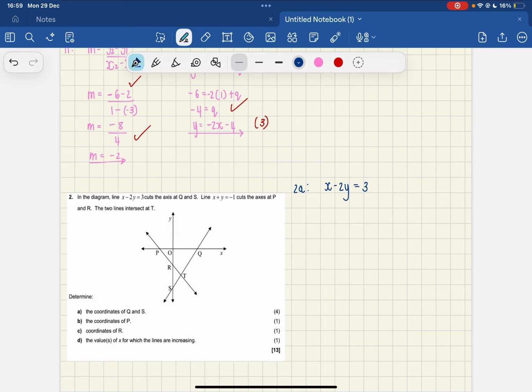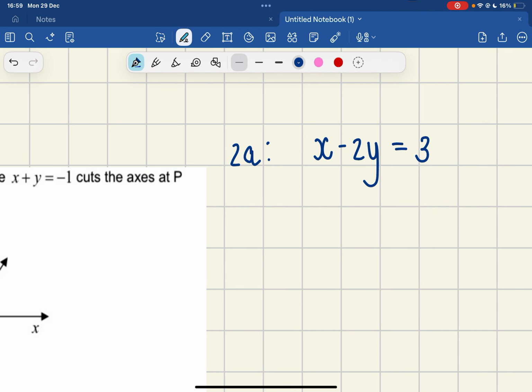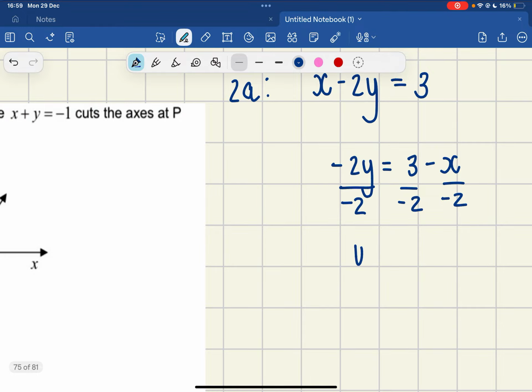Now, what is the standard form I taught you guys? Y is equal to ax plus q. So let's make y the subject of the formula. So what would we do? We would have -2y is equal to 3 minus x. Divide both sides by -2. We then have y is equal to